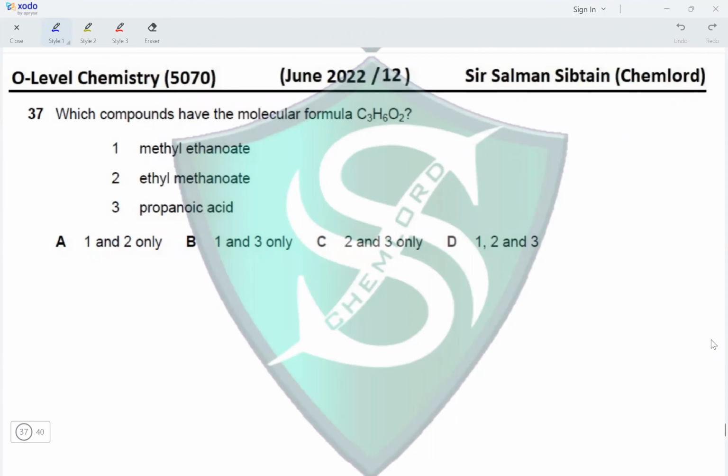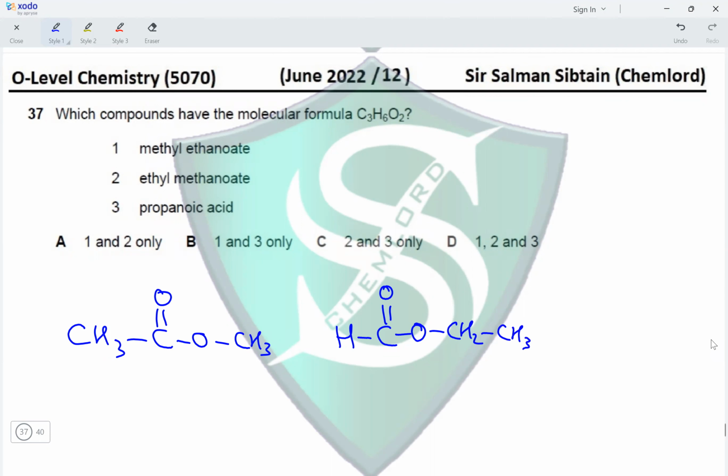Question 37. Which compound has a molecular formula C3H6O2? Compound 1 is methyl ethanoate. The structure here would be CH3, C double bond O, single bond O, CH3. Structure 2 would be ethyl methanoate: H, C double bond O, single bond O, CH2, CH3. And 3 is propanoic acid. Propanoic acid would be CH3, CH2,